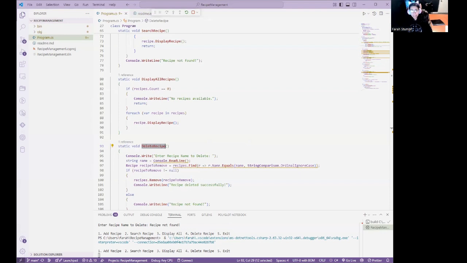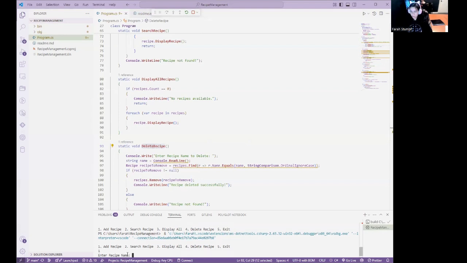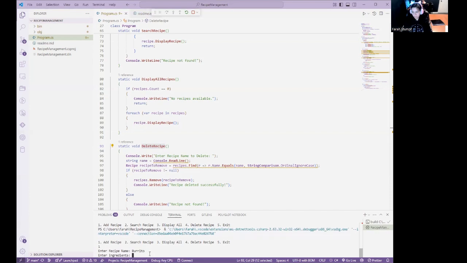Okay, let's see the program in action. I will first add a recipe. So let's go with number 1 and it'll ask me for a recipe name. So let's say burrito. And what does a burrito have? Okay, it has beans,